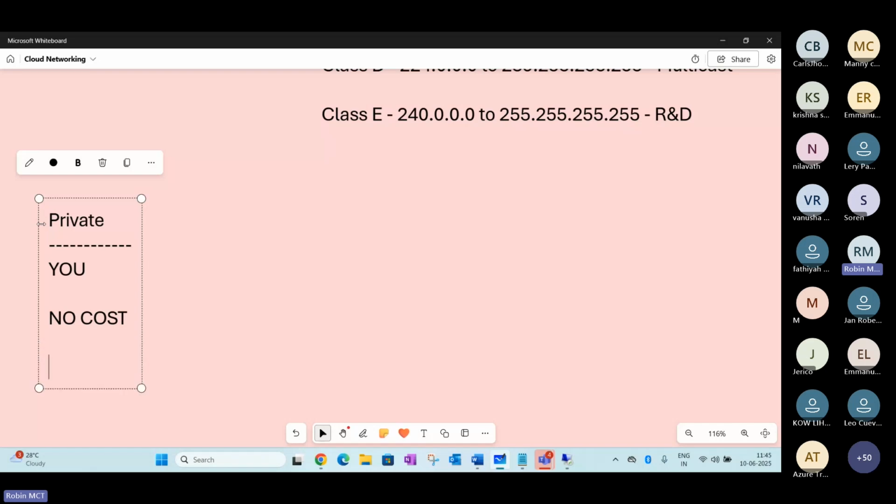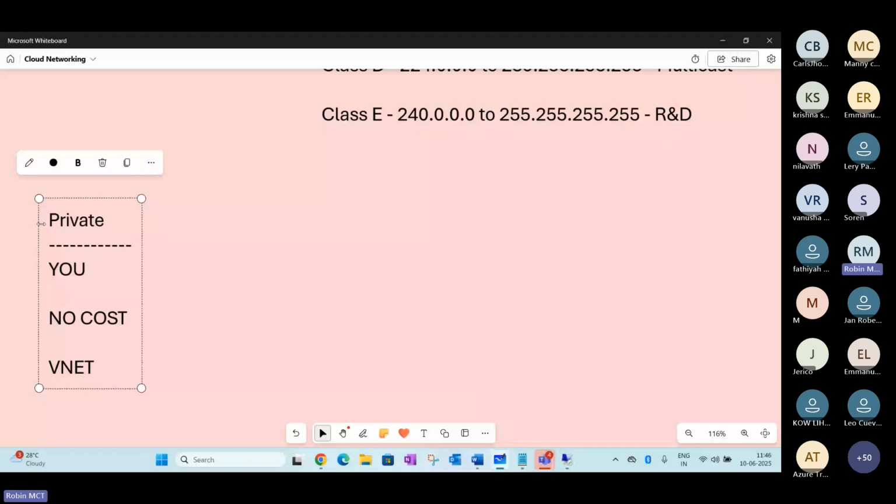Normally the private IP address is configured with the help of a service called vNet, which is virtual networking. You may remember that in an on-premises scenario, the private IP address was defined with the help of a service called DHCP, right? How many of you remember?